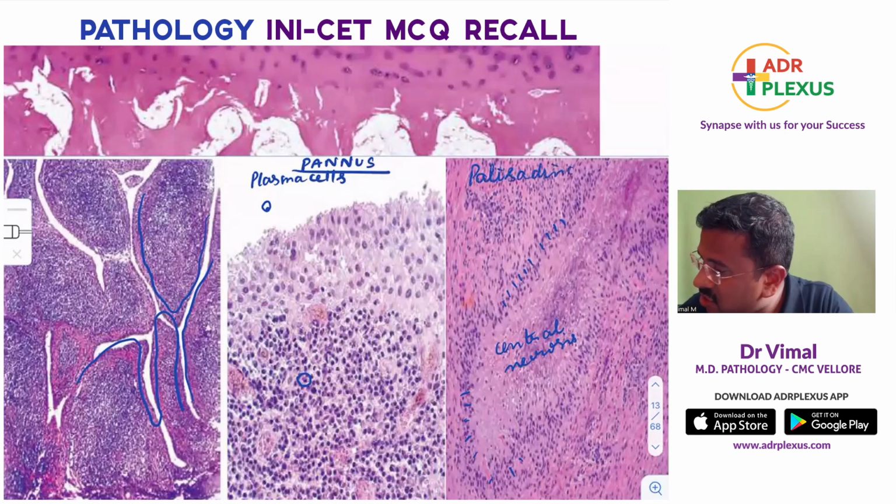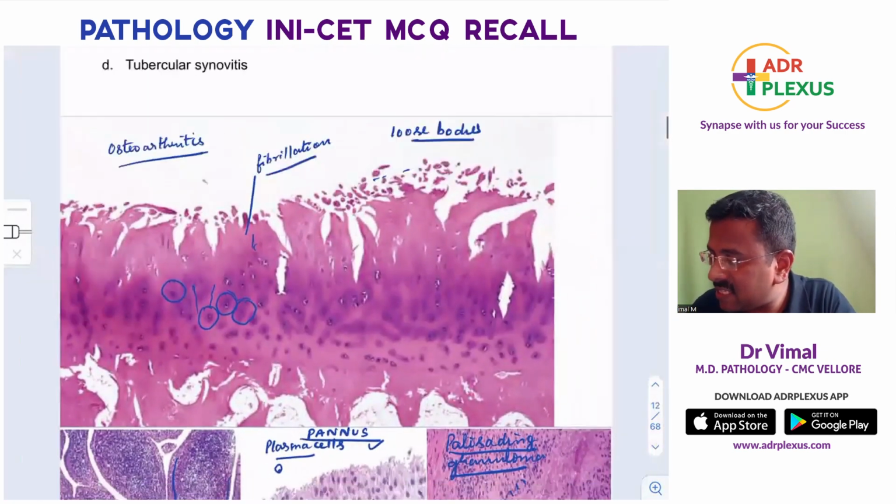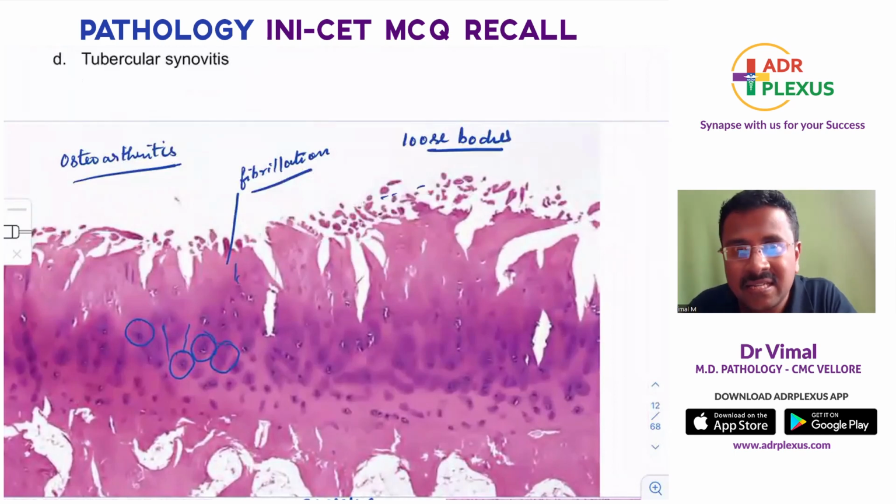If the histological image is like that of a palisading granuloma, then also your diagnosis will be rheumatoid arthritis. So your diagnosis will be rheumatoid arthritis if the image shows synovial papillary folding and plasma cells with pannus formation and palisading granuloma. If any of these findings are there, the diagnosis is rheumatoid arthritis. Or else, if the given picture is like this with the characteristic history, the first option we'll go for is